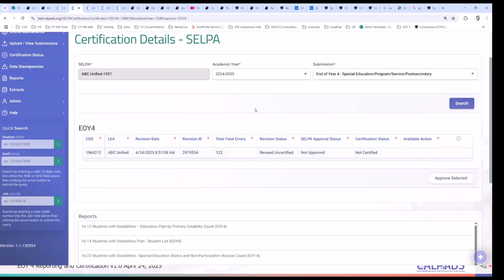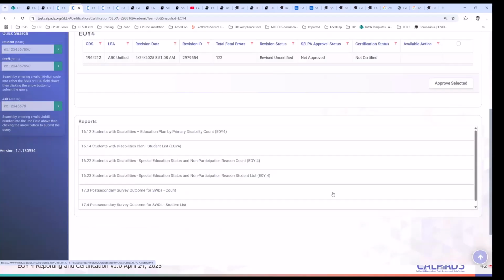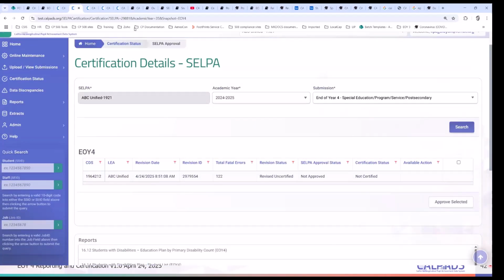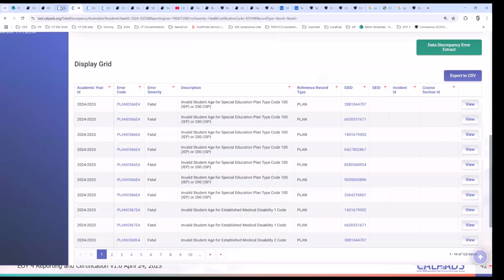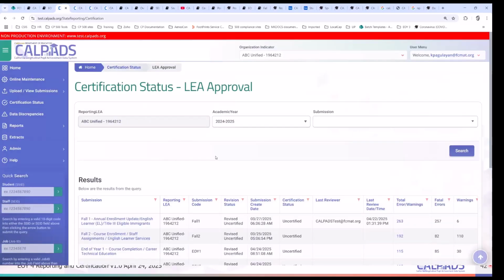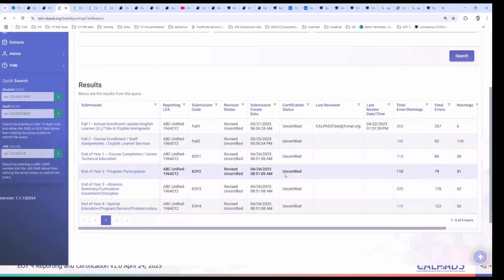Or if I am El Dorado County Charter SELPA, which has probably, let's say, 50 LEAs to approve, then that charter SELPA can do a mass approval. You just have to check each box and then click on approve selected. Okay. So that's basically how the approval process is, and the user interface appears in CalPADS for each of the organization levels.